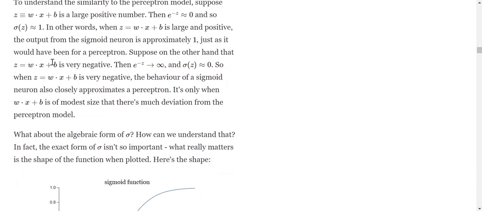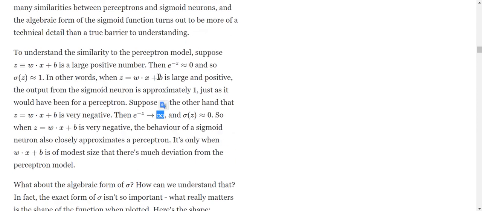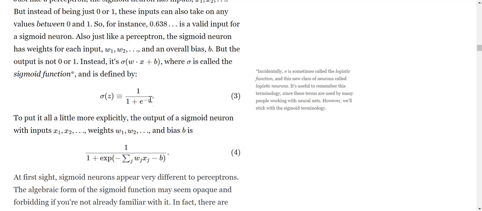So suppose on the other hand this is very negative. So e to the negative z tends to infinity. Let's again evaluate how. Say z is negative 10,000. So a negative times a negative is a positive. So you get e to the positive 10,000 essentially. And e raised to a very large number grows exponentially and tends to infinity. So now if this value is tending to infinity, if you are familiar with the concept of limits, you have 1 upon 1 plus infinity, right? And not exactly infinity, a value tending to infinity.